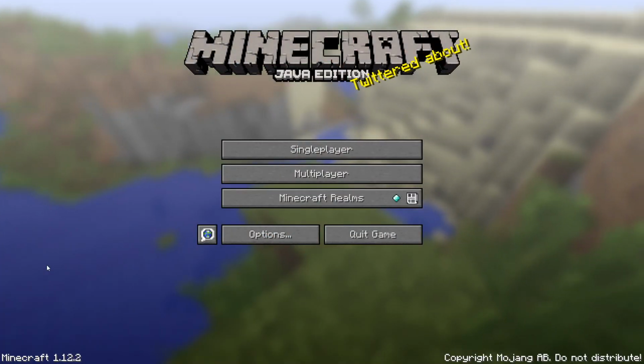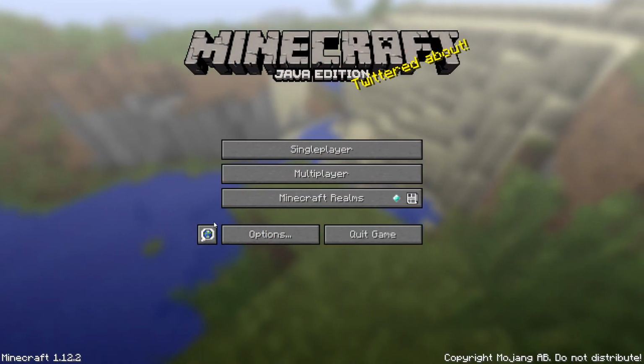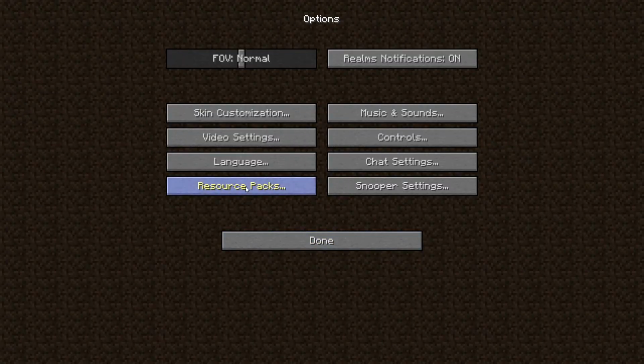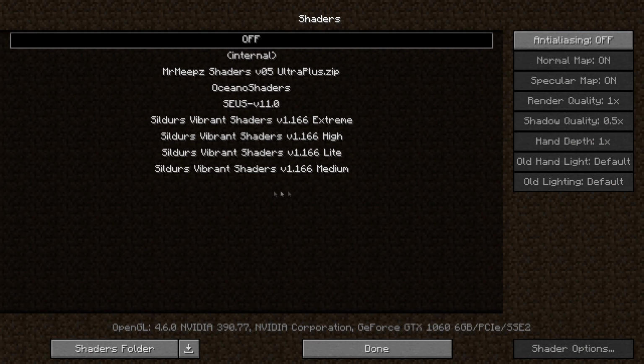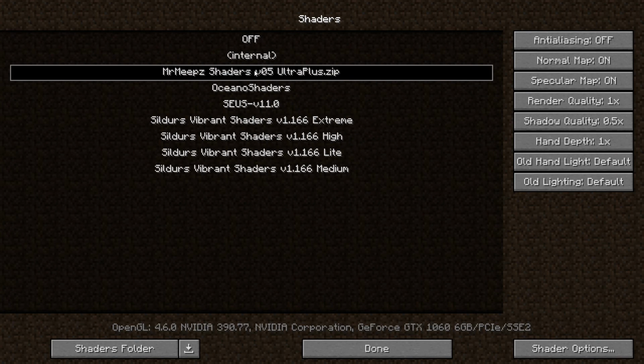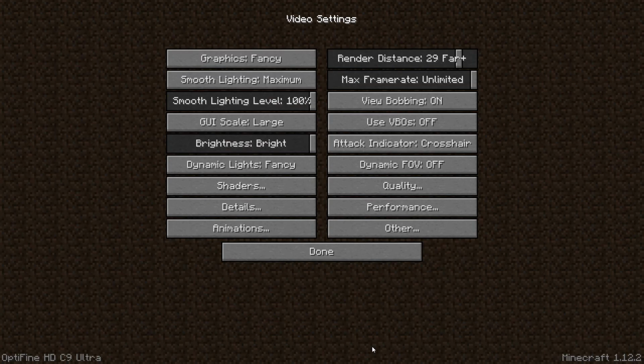Alright, now that we're in Minecraft, you want to go ahead and hit options, video settings, shaders, and then right there will be the shader pack that you need. Just click on it, and it might take a few minutes for it to load while it's switching everything over, but just be patient, sit back, and as soon as it moves down, you're ready. Just hit the done,